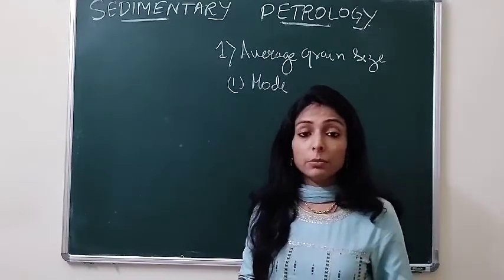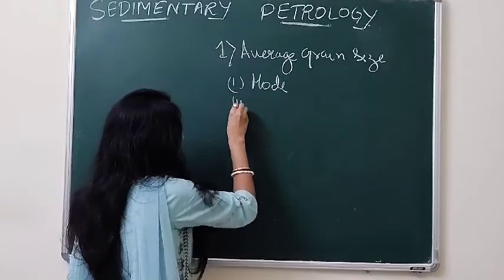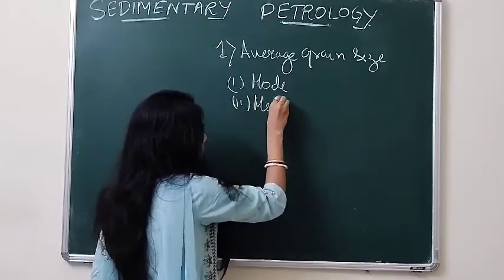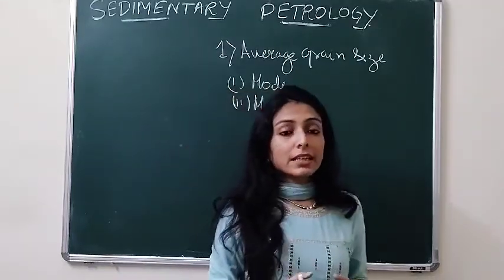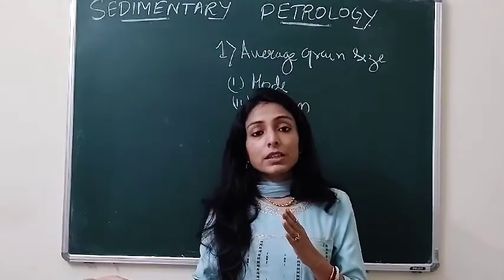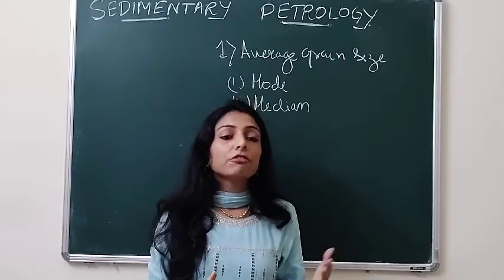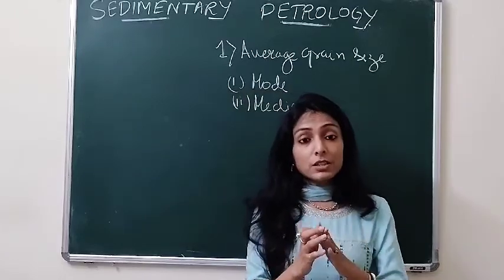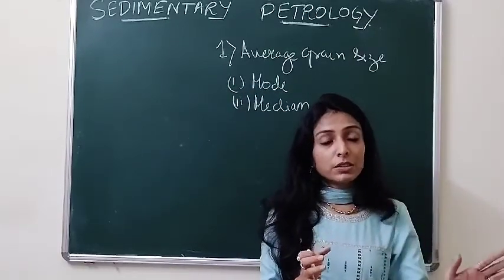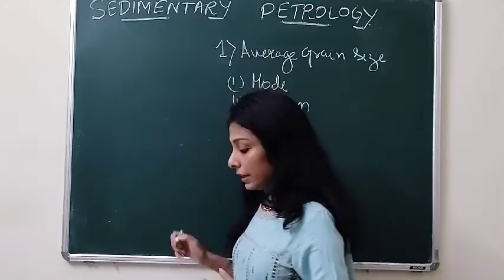The second parameter about average grain size calculation is median. So a median is the grain size after which you have 50% coarser population and before which you have 50% finer population. So median is that point from where you have 50% coarser and 50% finer. Okay, and then the third one is